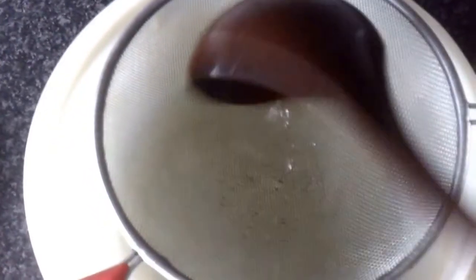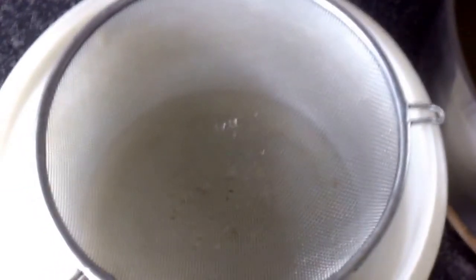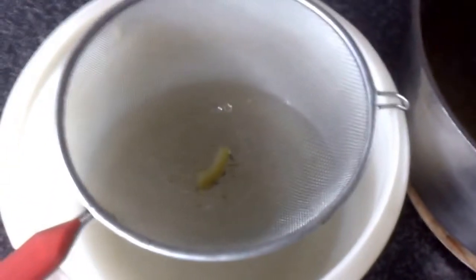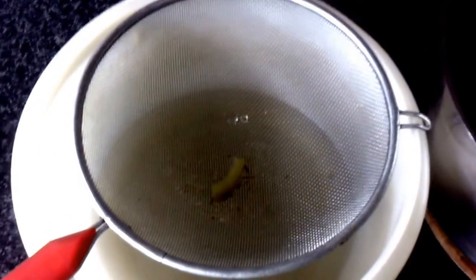I'm going to take a ladle and I'm just going to ladle the stock into the bowl, and this very fine sieve will get rid of the bay leaves and any remaining bits of vegetables. So you probably get the idea with that. When the pot gets lighter, I can actually lift the pot and pour the stock into the sieve. So I'll finish that off and then I'll move on to the next stage of preparing the vegetables for the